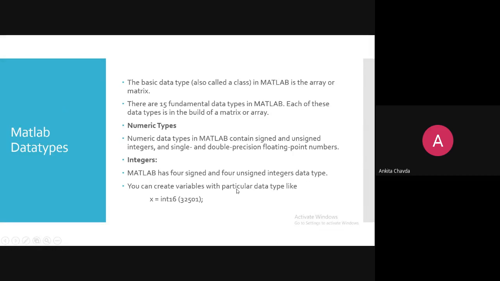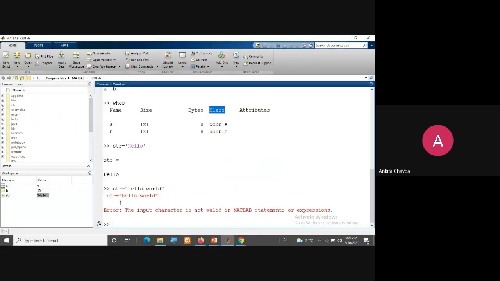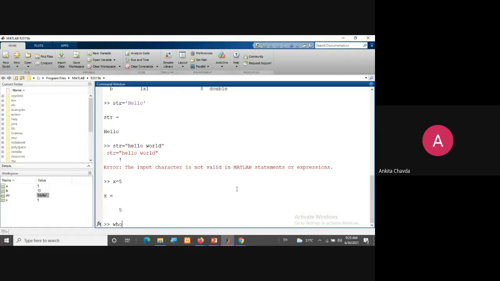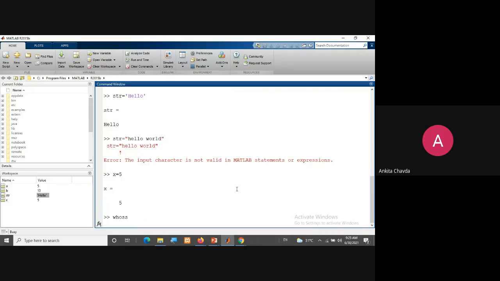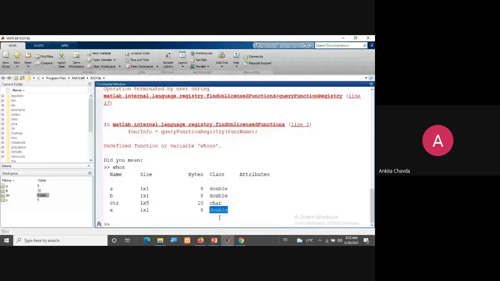You can create any variable with a particular data type. Suppose I wish to create the variable x, and I'm directly giving 5. When you check about this, x is of what type? Double data type, right? So the meaning is that if you are not giving any data type, then by default it will take double.